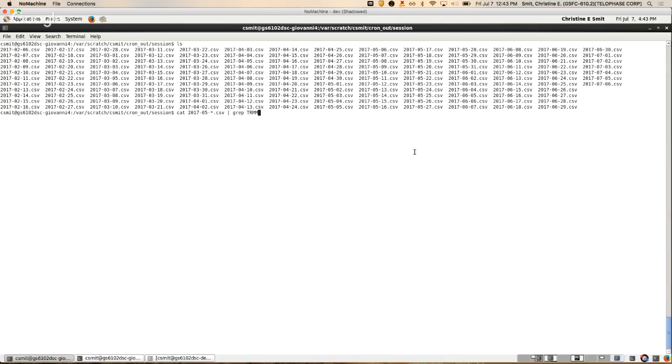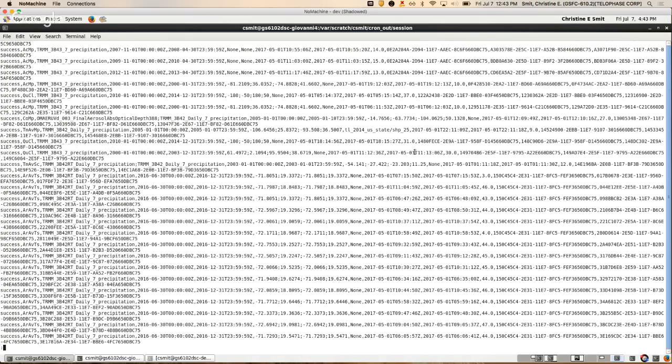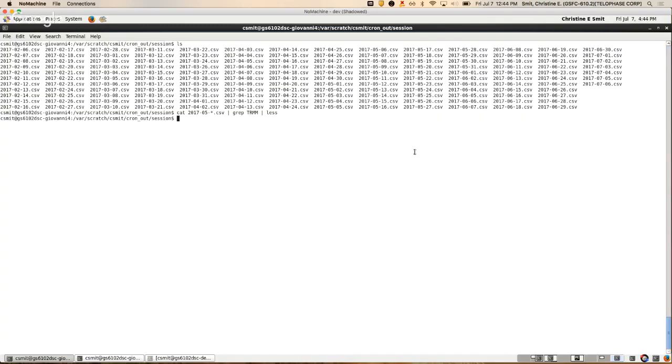And then we're going to grep for the lines that contain the word trim. So let me just pipe this to less. Okay, so all of these lines have the word trim. So now we are going to get out the line with the variables, which is the column with the variables, which is now the third column. Wait, I got this syntax right.